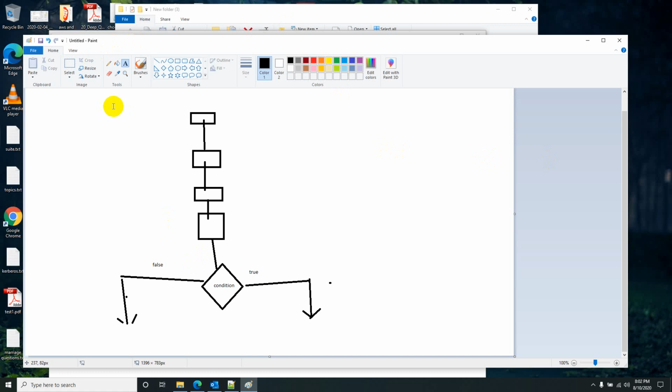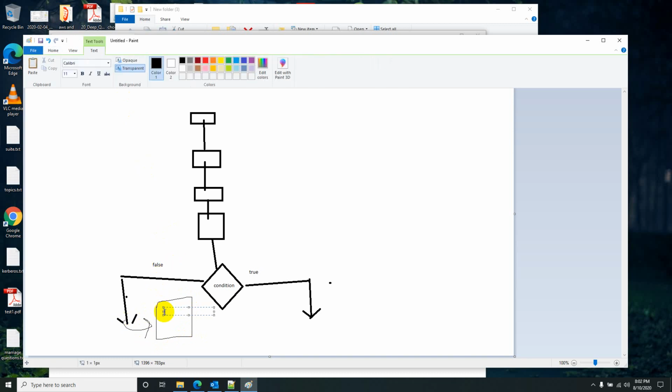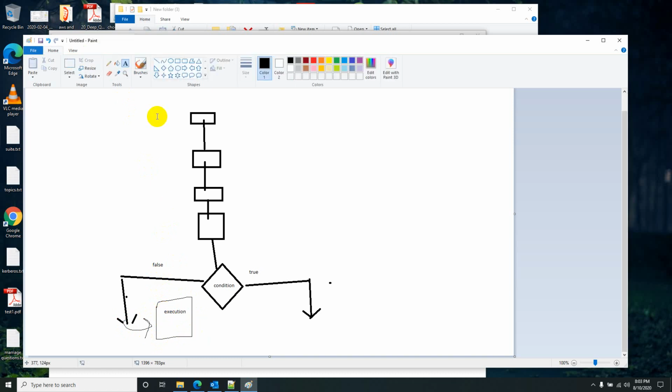So let's say if it is false, instead of choosing a different path, what I will do is enter one branch like this and do some execution, and again I come back to this condition check.